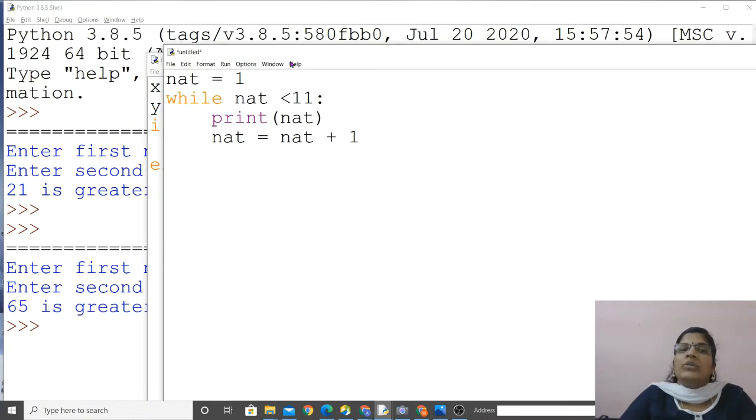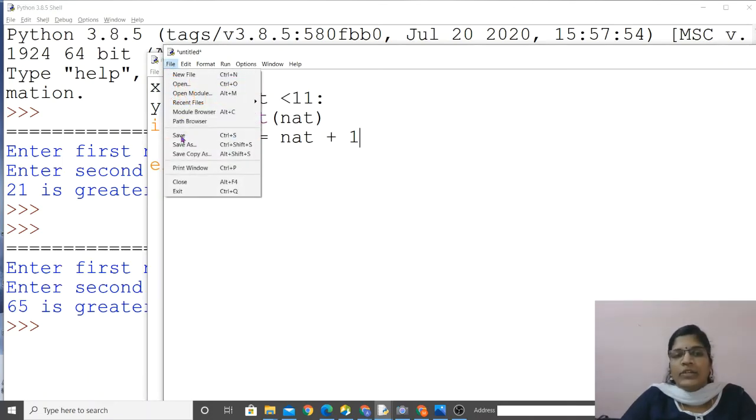So it goes here. Likewise, it will continue the same execution. Then 3, 4, 5, 6, until it satisfies this condition, N is less than 11. When it becomes 11 or 12, it won't execute, because the condition is not satisfied. That's all. Over. Got it? Only this much is the program. Is it clear? So shall I save this program and execute it?